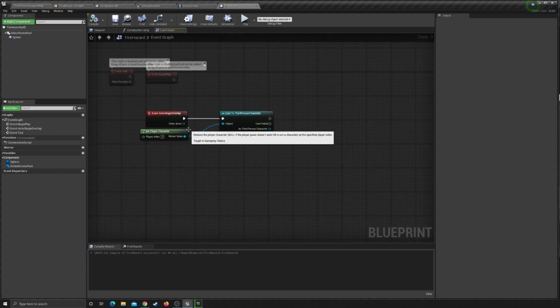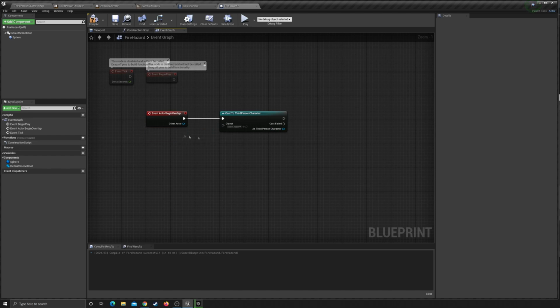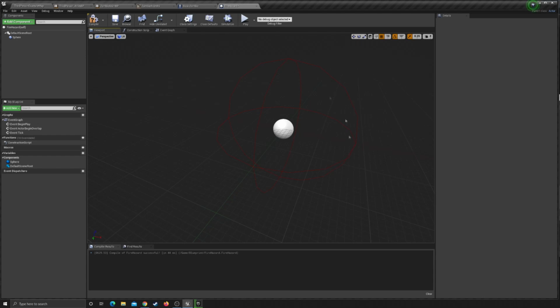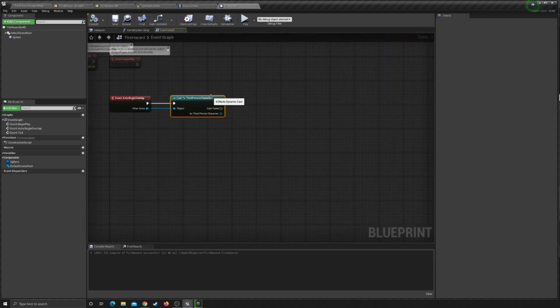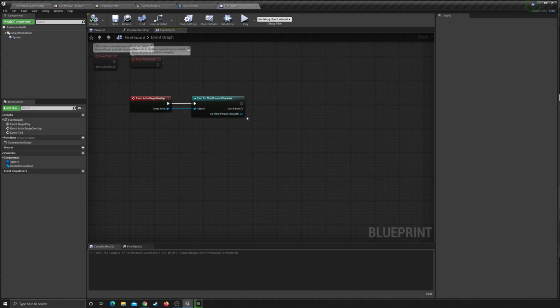Now, nope. My bad. Sorry about that. Go ahead and get rid of this get player character and connect this to other actor, because we want the event actor begin overlap. This is what actor is going to be overlapping this little circle that I've created here. And if that is true, we want to